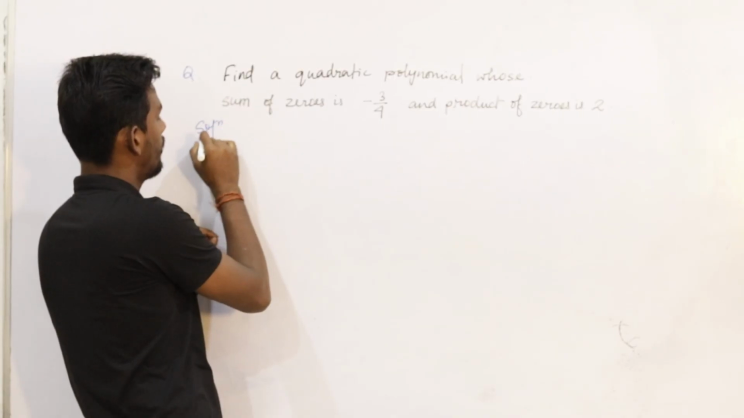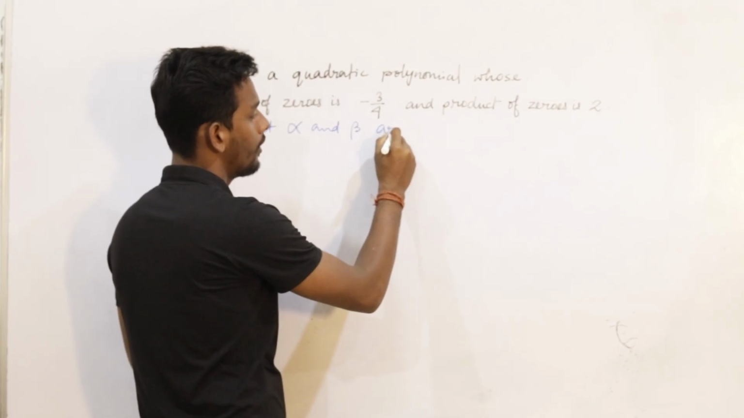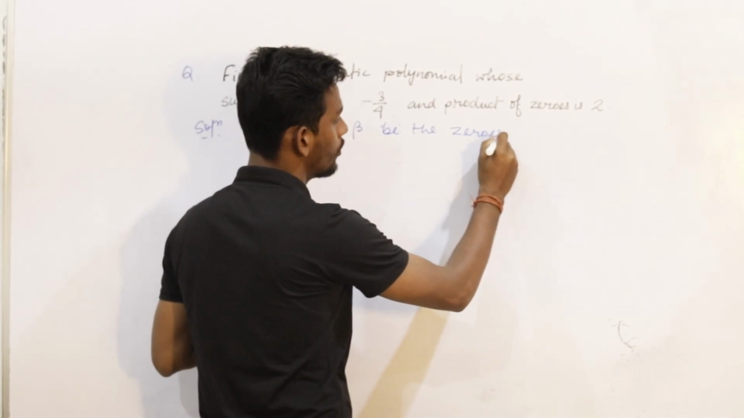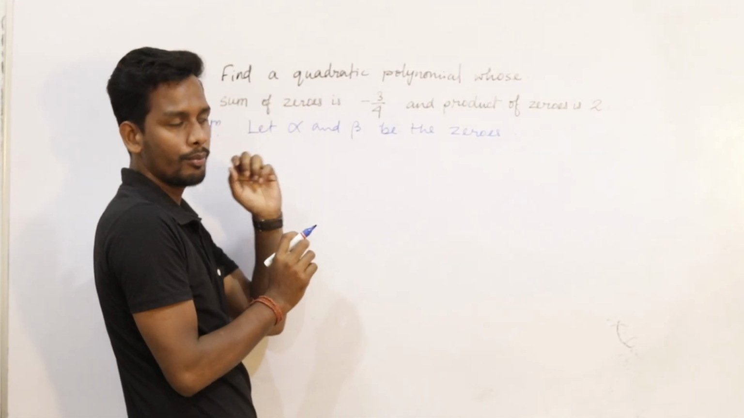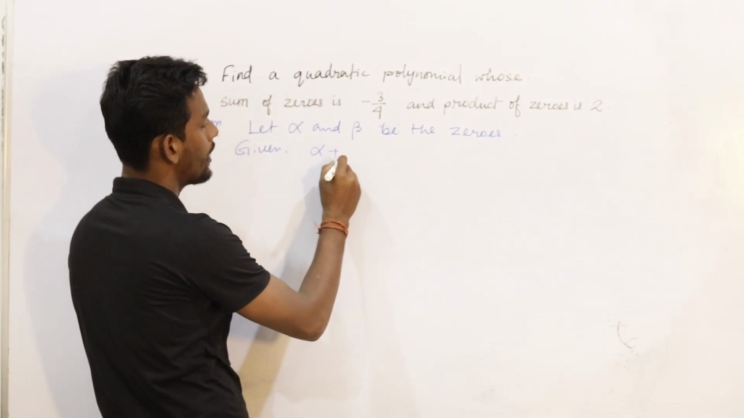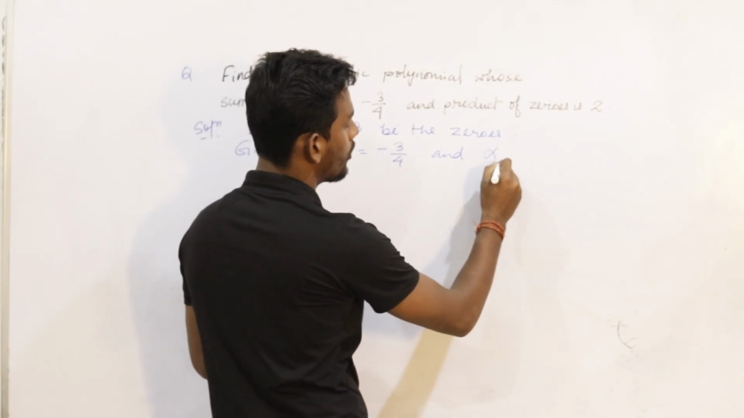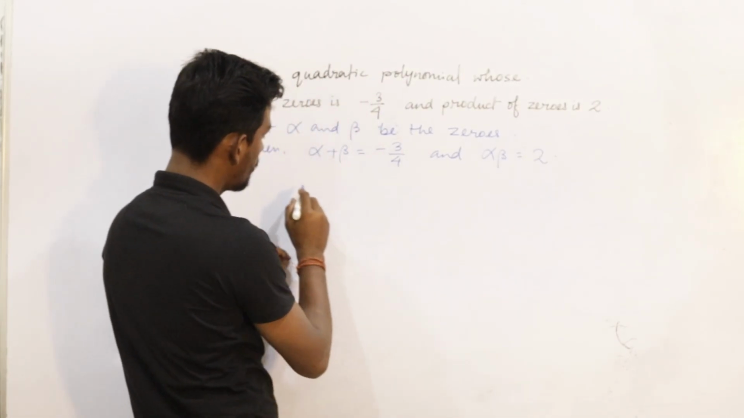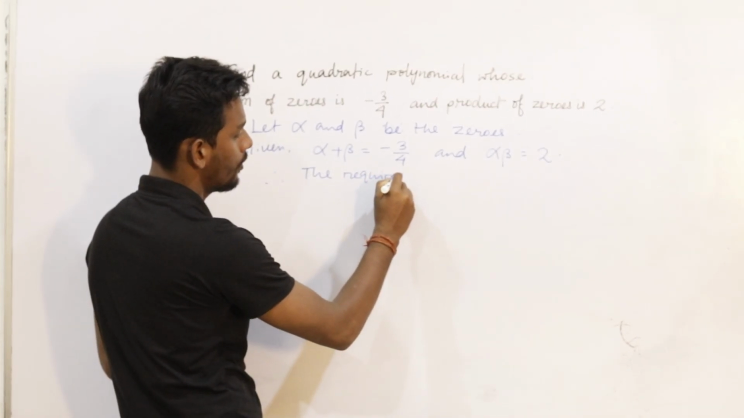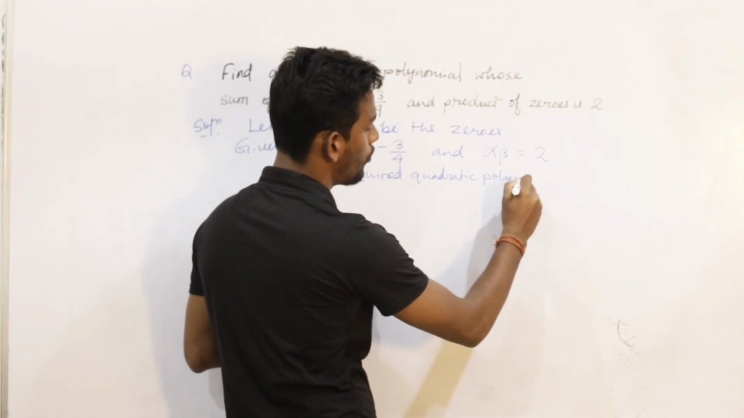So, solution: let alpha and beta be the zeros of the quadratic polynomial. Given alpha plus beta, the sum of zeros, is minus 3 by 4 and the product of zeros is 2. So therefore the required quadratic polynomial